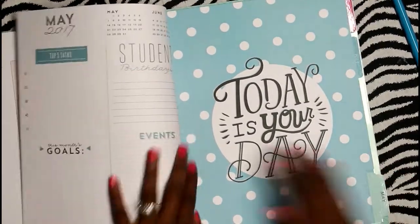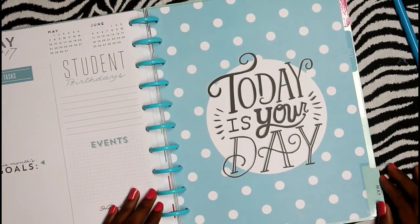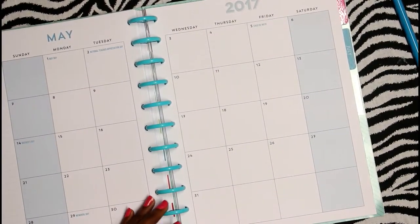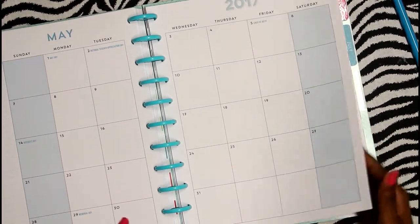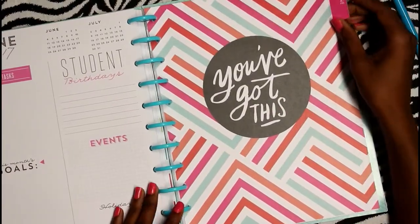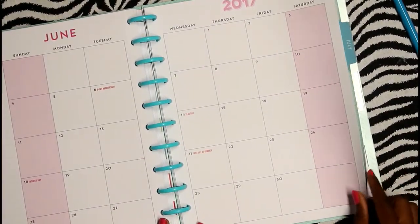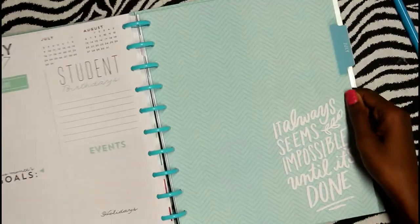This is May, almost to the end of this planner. And actually this will work for us because we will stop at the end of June and we take July off and start again in August. So the different holidays. This one is a light blue for May. Then here is June, which is just pretty pink. Lots of different holidays again. July, and then that is it